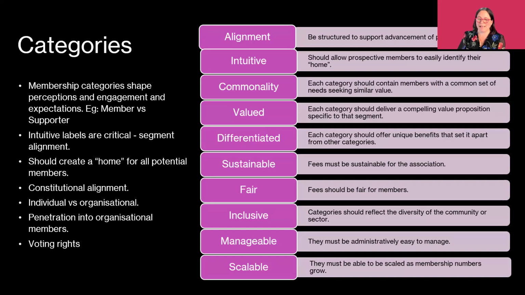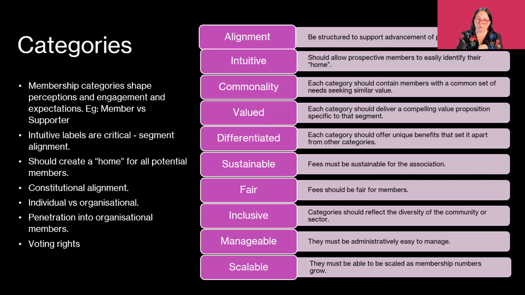But now let's talk about categories. So membership categories is normally where this discussion starts. And for a lot of associations, it's an interesting journey to go from understanding, well, the categories might be okay, but it might be the business model around it. Generally, most categories that we come across, so we do a lot of membership model reviews, sort of 75% of the time, the categories need tweaking. There's 25% of the time where it needs a significant change. But we always look at membership categories against these criteria to be able to assess how much they need to be shifted. So when we're looking at them, we want 1, alignment.